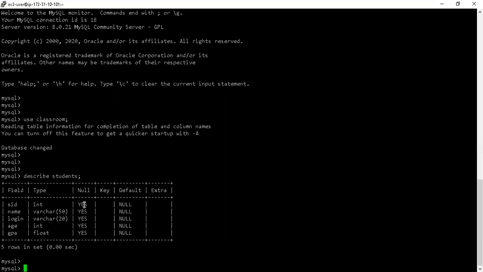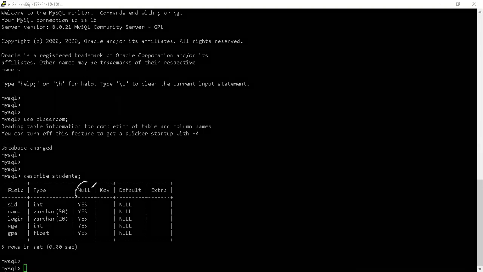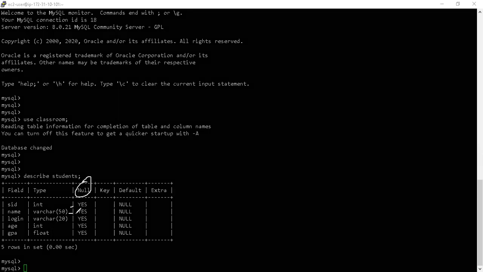We were explaining these fields. Let's quickly go through them once more and then we can start. Null is an identifier to specify whether any of these fields are nullable or not. Every one of these fields is marked as null, which means I can skip them in my insert statements when I insert the data. I can choose not to put any value in any field, and I will still have a row.